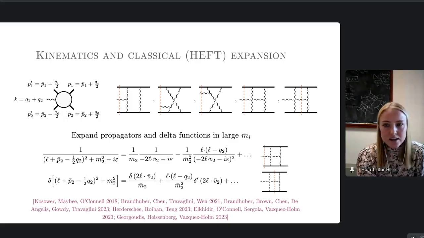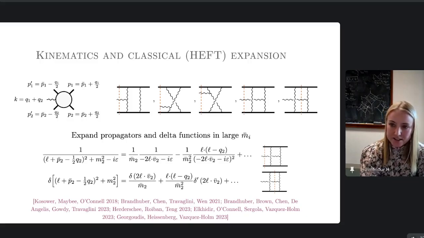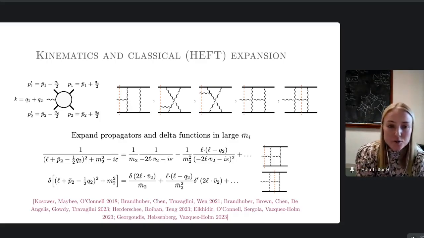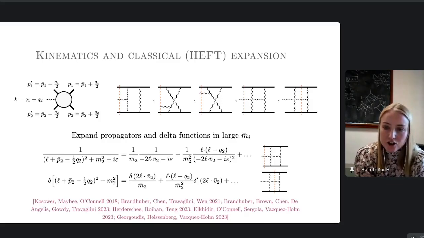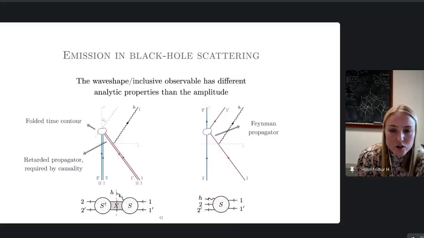But the important thing is that there is a graviton emitted, and we have to take into account all the different ways in which we can place this orange cut, one of them being this cut diagram where the graviton is emitted and crosses the cut to the future. So we now have to, in the classical limit, expand both the propagators and the cut terms in large values of the masses. And what happens is that the amplitude on the Schwinger-Keldysh contour...